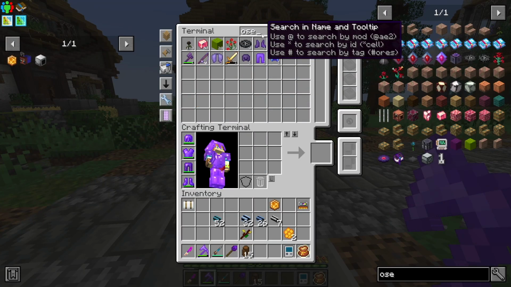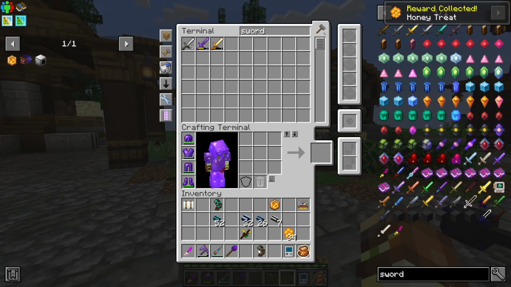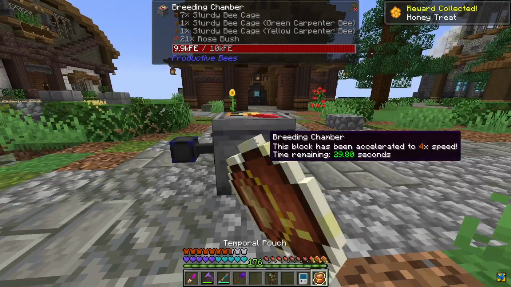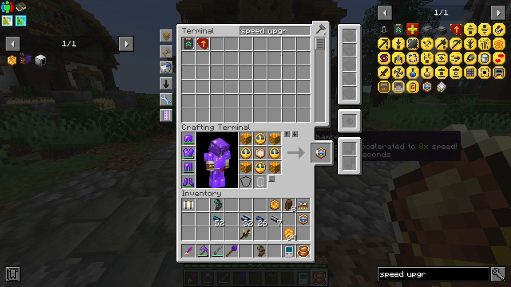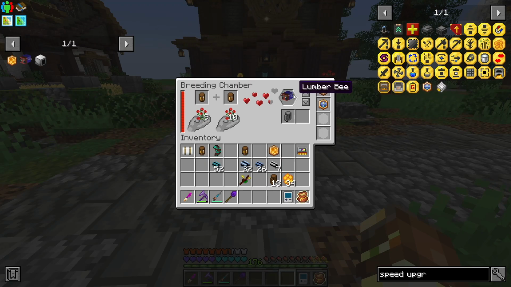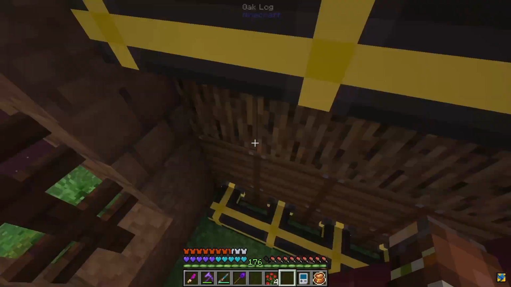We can get some roses out of here. We can go ahead and breed these ones up. This should start to produce the bees. We actually have this lumber bee spawn egg from a quest reward, so we can get our first one using this egg. But let's speed this breeding chamber up really quick. So I'm going to get enough lumber bees together here to maybe fill 2 nests worth over at our bee setup. All right, let's come inside here